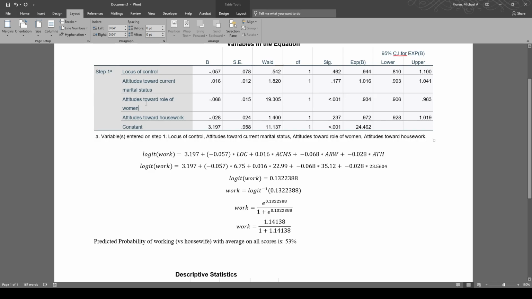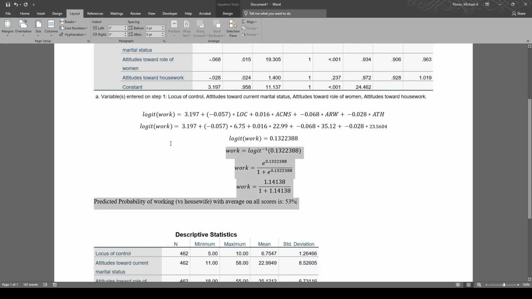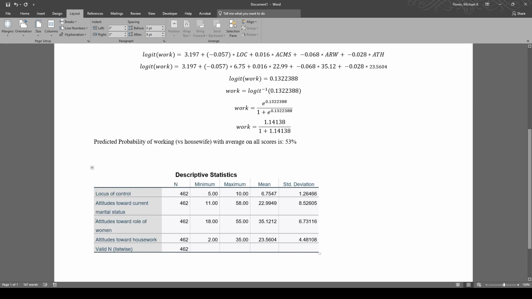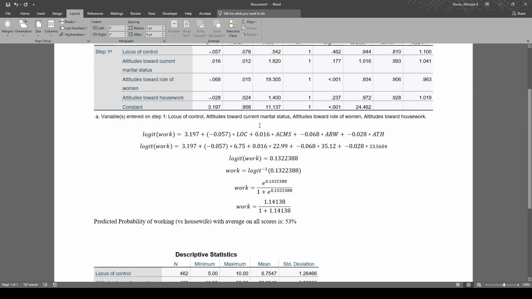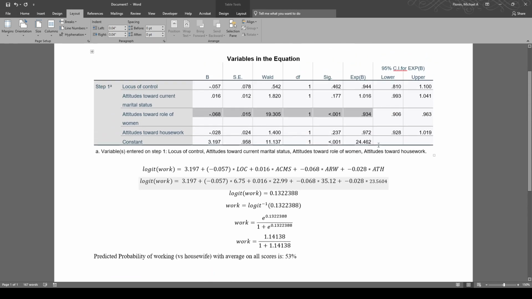and it doesn't force you to make a new variable with attitudes of roles of women divided by 5 or something to come up with a good interpretation. You can just plug in a couple of equations, and then you have percentages to play with and to discuss with your team, with your board, with your clients, so that you can more accurately and more clearly discuss the implications of attitudes towards the role of women on the outcome after accounting for all these other variables. So that's an important thing to note, and I feel a little bit bad about missing that,